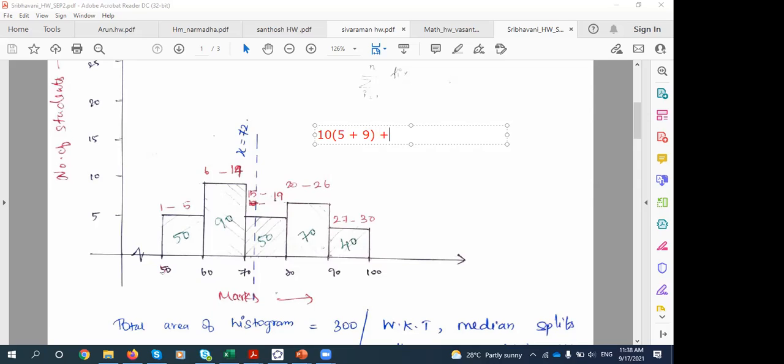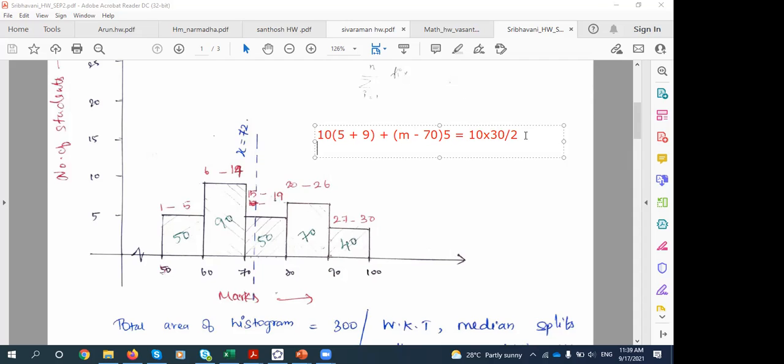Plus you have this rectangle, which is going to be m minus 70 times 5. And that will be equal to 300 by 2. And 300 is total frequency. So 10 times 300 divided by 2. And then what you get here is, now from there you can deduce,